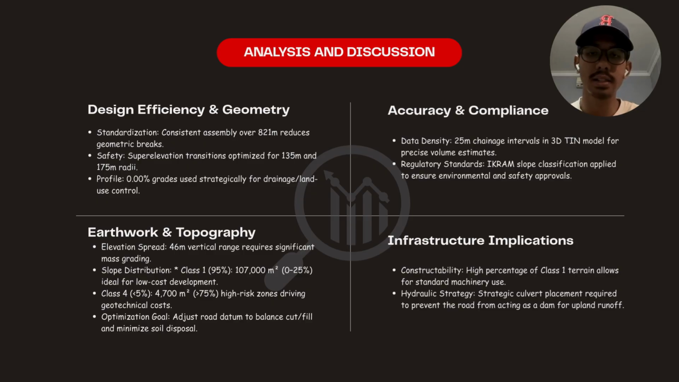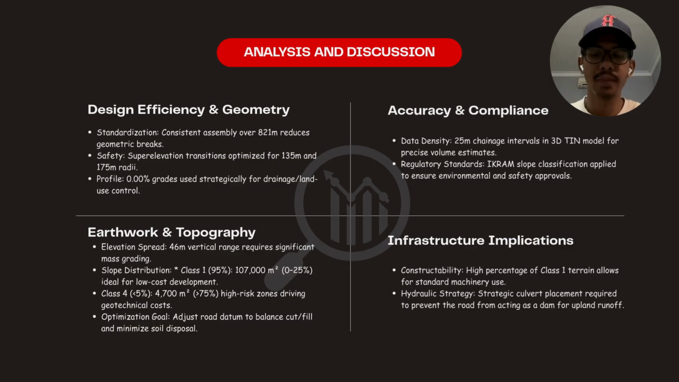Over 107,000 square meters of the site is class 1 slope, meaning it's flat enough for standard machinery and easy development. The class 4 zone, the slope over 75%, only represents about 4,700 square meters, but it is our primary cost driver. To optimize the budget, I recommend we slightly raise the road and lower the area to balance our